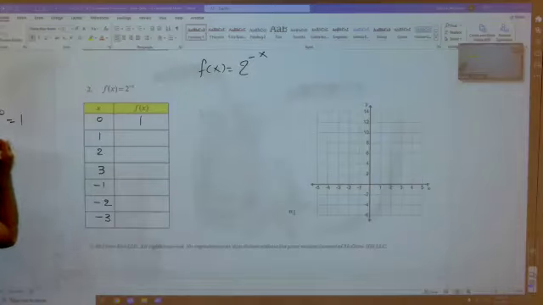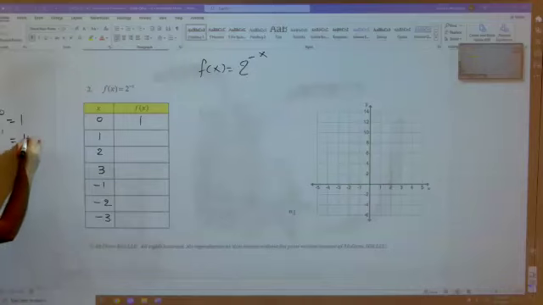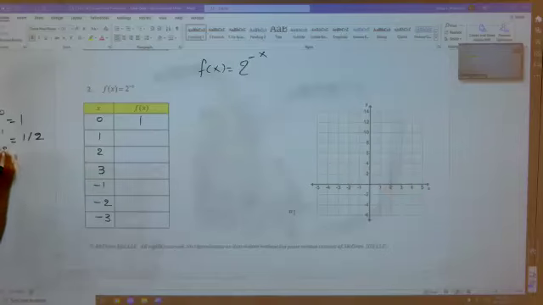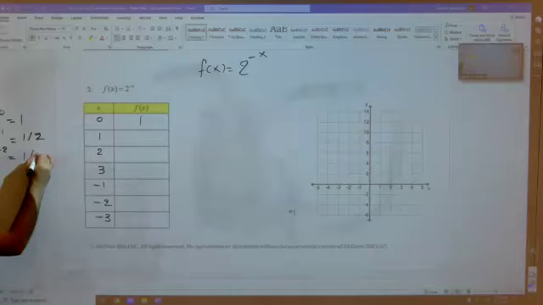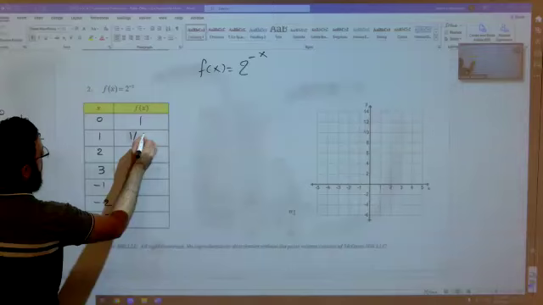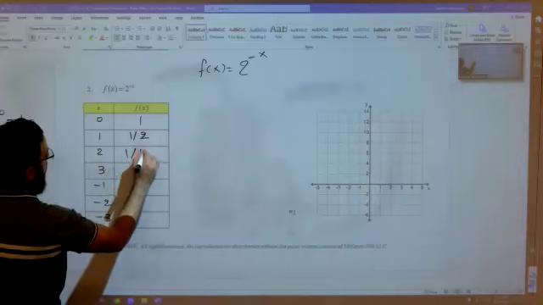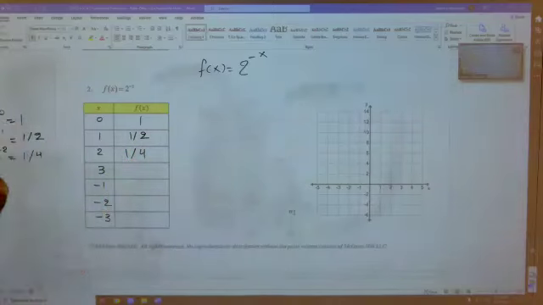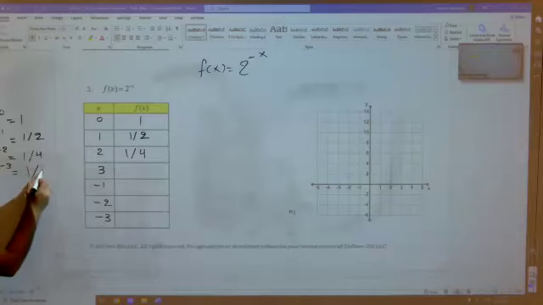Plug in 1. 2 to the -1 is going to be what? 1/2. Plug in 2. 2 to the -2 is going to be 1 over 4. So here is going to be 1/2. Here is going to be 1/4. Plug in 3. 2 to the -3 equals 1 over